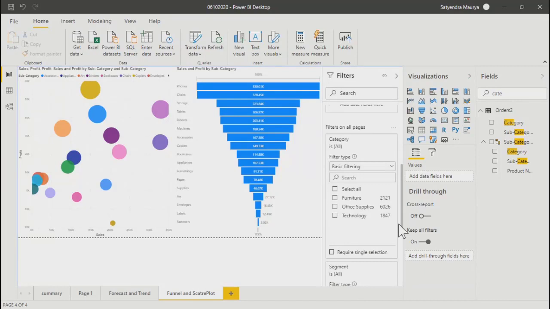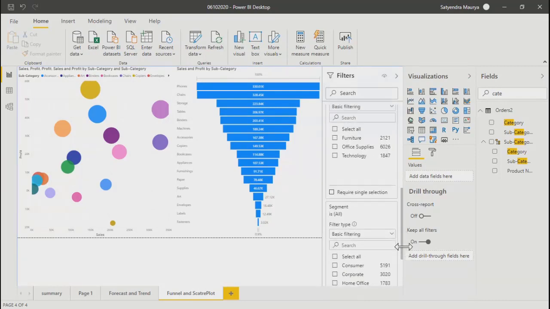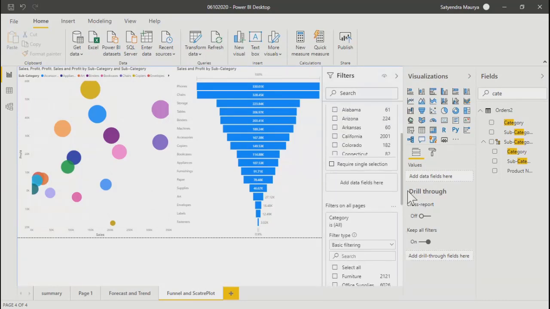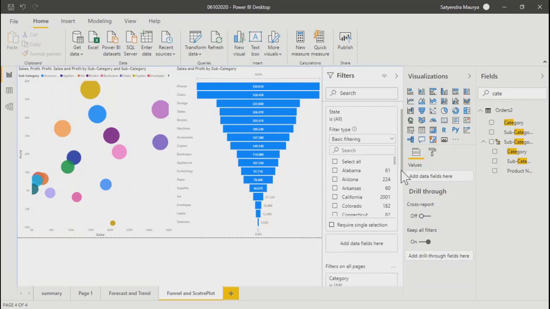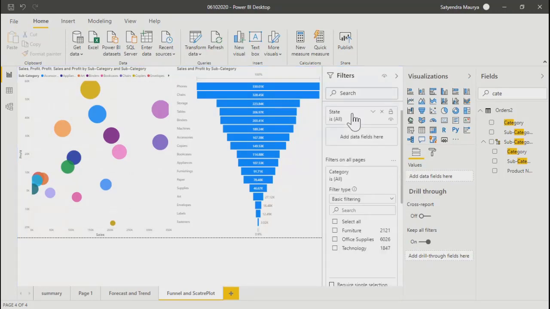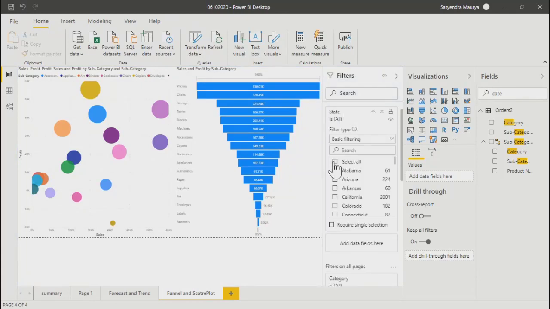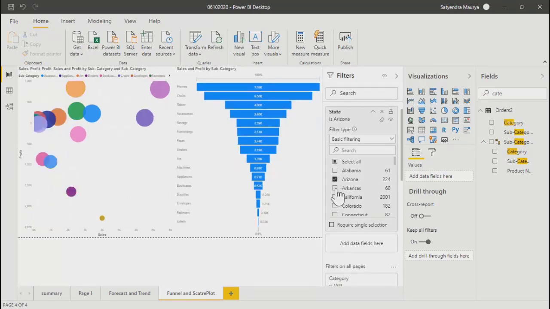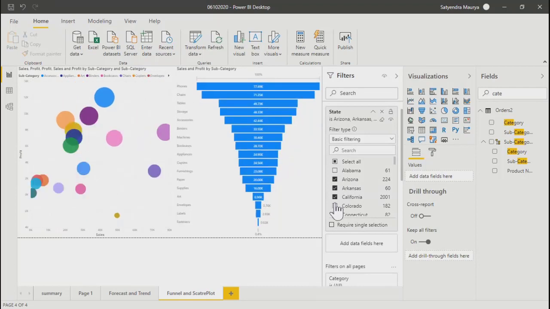Now let's look at some other formatting options. Let's say this is the state filter. As of now, you have the option to select all the values or any single specific value which you want.